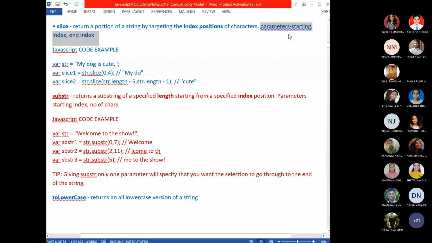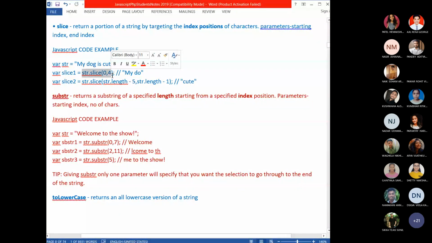Now look at this. This is my string object: My dog is cute. And then you are applying the slice method. There are two parameters you have given. Remember, both the parameters are indices. But in array object, when you use slice, the first parameter was index and the second parameter was the number of array elements. Here it is different. 0, 4, both are indices.